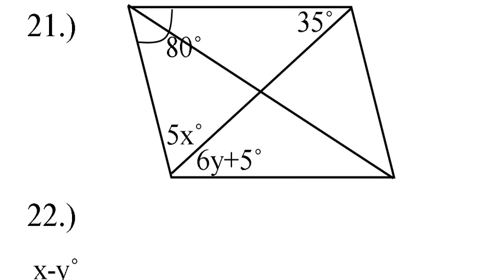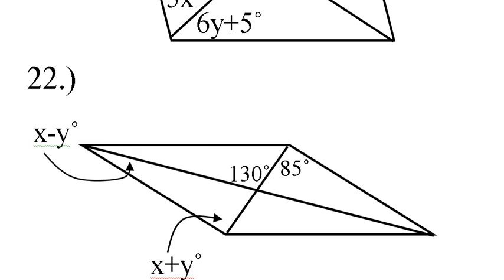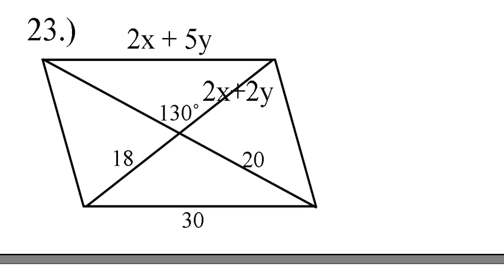Okay, moving on. 23. We're looking here at, I think this problem looks a little funky here, but this length here is 2x plus 2y. This length here is 2x plus 5y, and this length here is 30. This is 18. Now what we end up with here, with x and y,